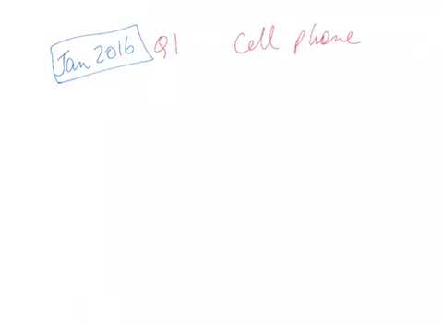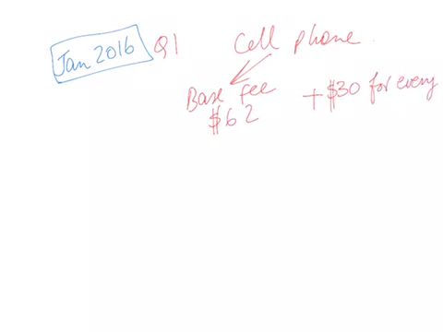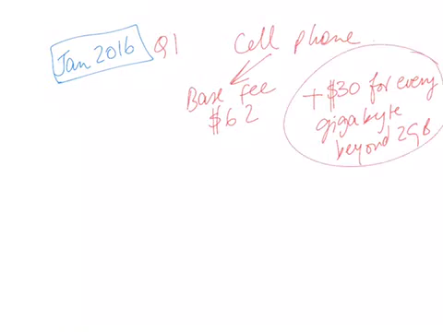All right, so this question, we're doing Jan 2016. Question 1. So it's a cell phone plan, right? So the cell phone company is charging you the base fee of $62. And then in addition to that, they're charging you $30 for every gigabyte beyond 2 GB. So if you used more than 2 GB of data, you would pay this extra cost of $30